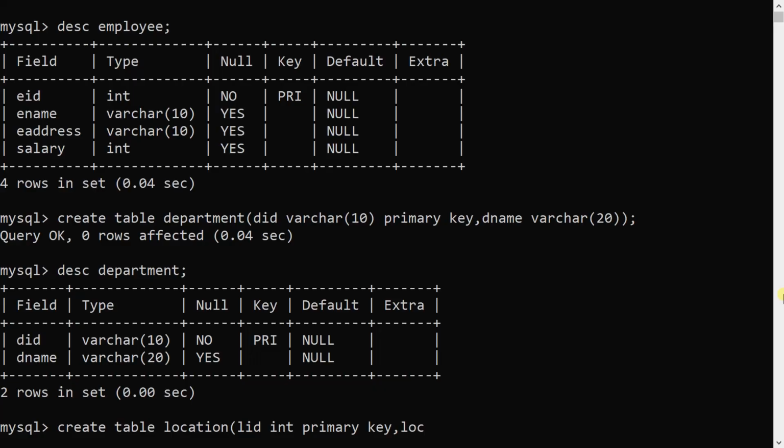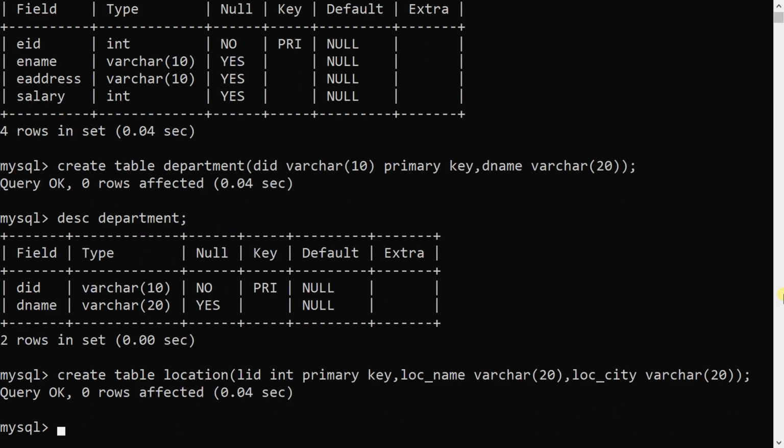Location name, varchar 20, location city, my third table is created.